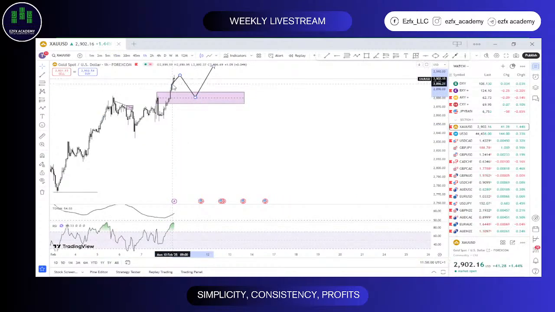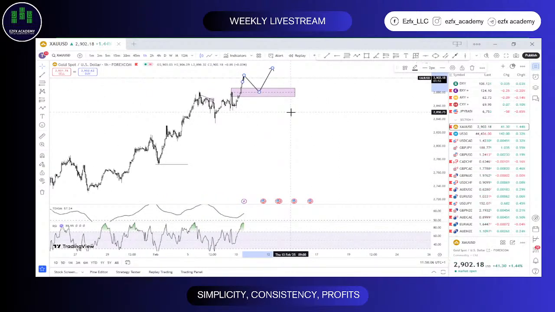Again, what we're basically working with here is a breakout block. So we're watching out for the buy, the current continuation for the buy anyway, from around there. I hope that is clear. That'll be my current POI for the buy continuation, if at all I get that re-entry on gold.